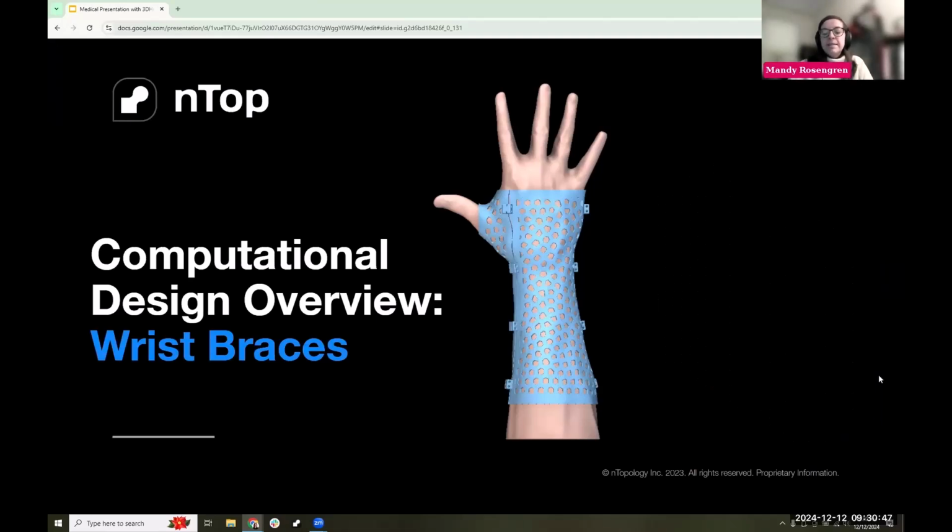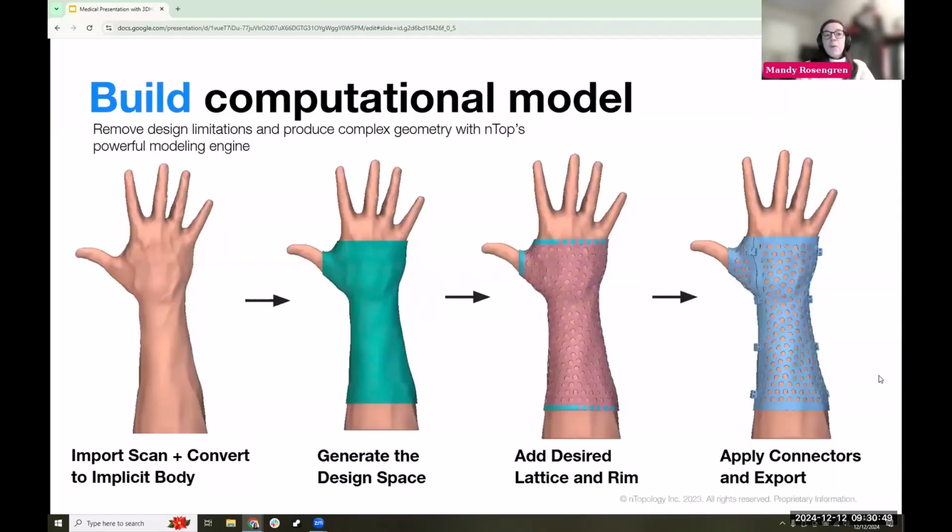So to start with the wrist braces, just as I had shown before, we're going to begin by building that computational model within the nTop platform. In this case, we'll import a scan of someone's hand, and we can convert that to that implicit modeling geometry within nTop. Then you can generate that design space, offsetting that initial model, having a bounds of where you want that kind of a wrist brace to be, and then apply the desired latticing, texturing, other additional features that you